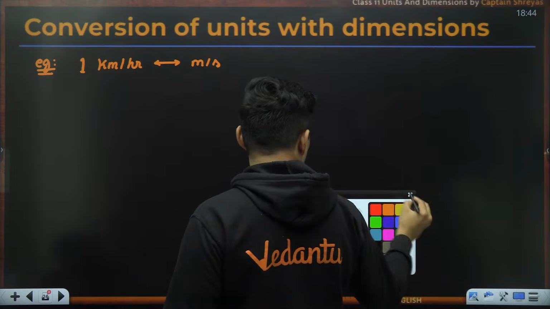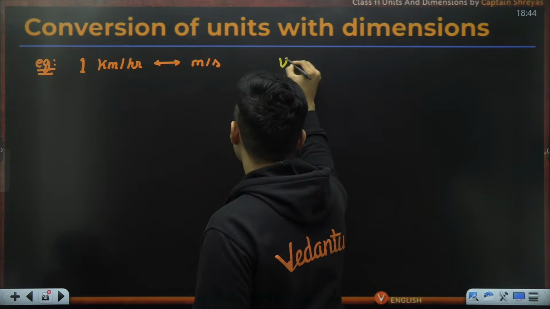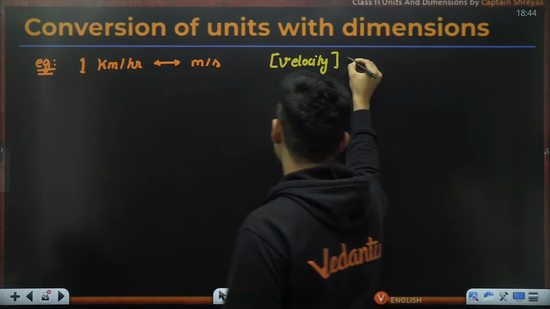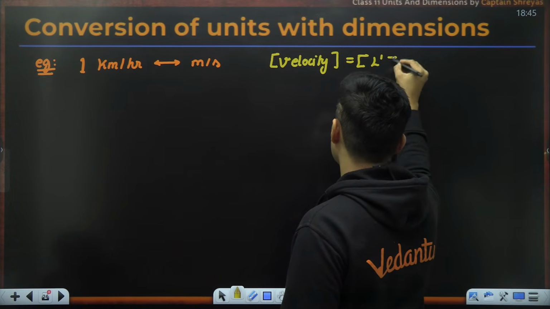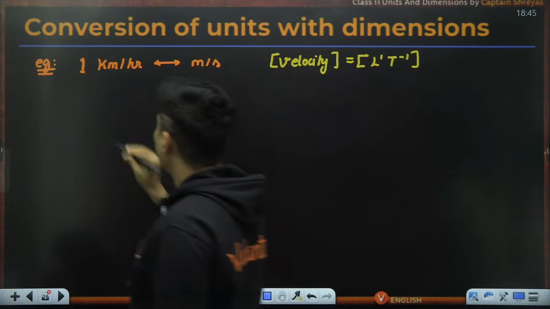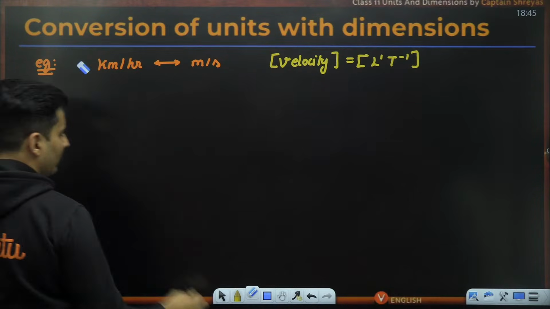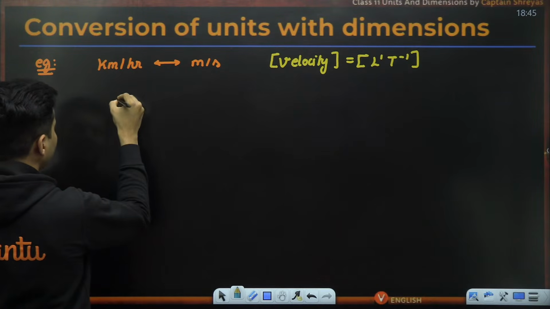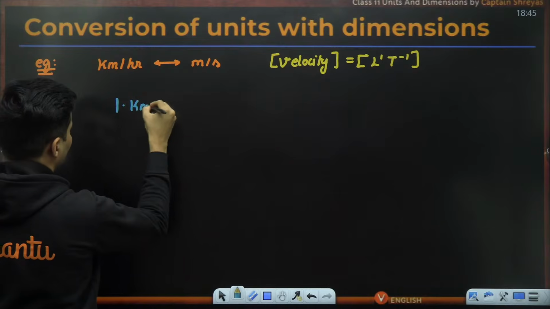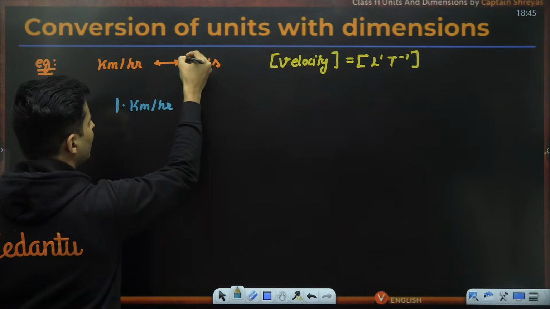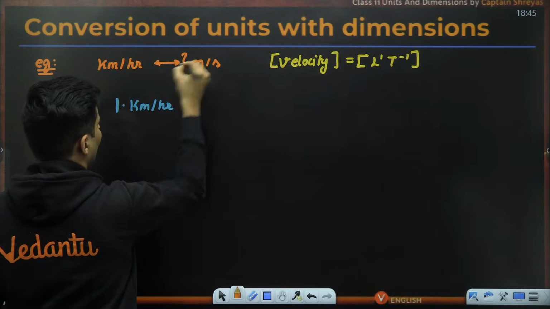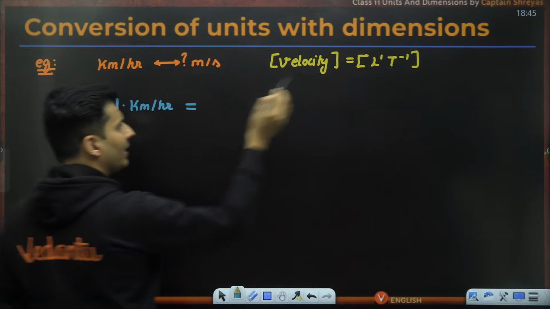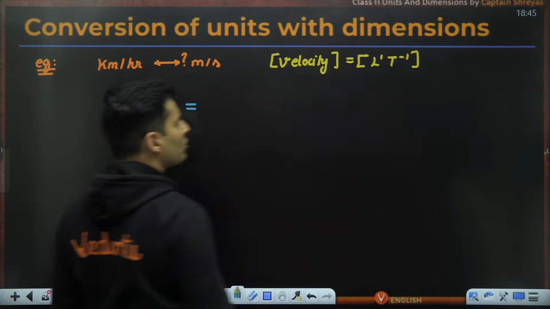First of all, do you know the dimensions of velocity? This is basically velocity conversion we are talking about. Yes, I do know the formula for velocity. It is length raised to 1, t raised to minus 1. Okay. So here is what I will do. Start off by saying 1 kilometer per hour. I want to know how many meters per second it is, right? So 1 kilometer per hour. Kilometer is for length, per hour is for t raised to minus 1.